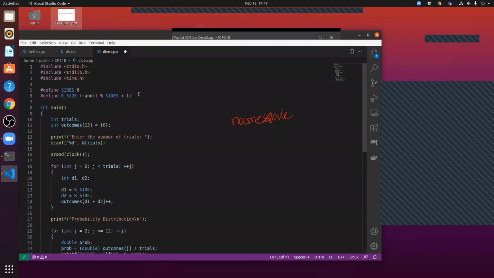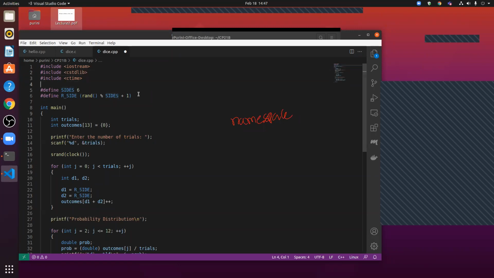In C++, instead of stdio.h we can use iostream, and stdlib is available as cstdlib. Any .h file from C is available if you remove the .h and put a prefix c before it.